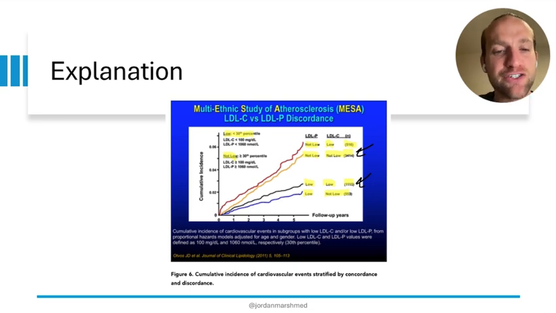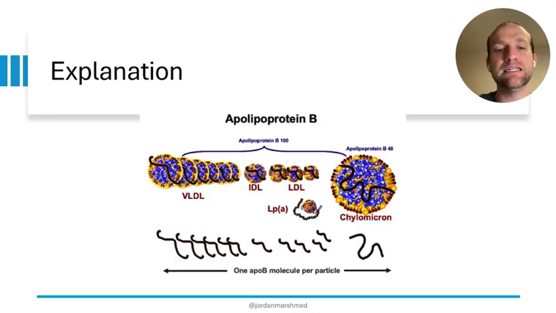So as you can see, there are some instances where LDL cholesterol is not going to give us a good idea of what's actually going on. Why is that? It's because of this dang protein, ApoB. ApoB is on the surface of all of these different particles. Like I talked about in the last one, they're on VLDLs, IDLs, LDLs, chylomicrons, and Lp(a)s. And it's this ApoB particle that is the issue. It's not necessarily the cholesterol within LDL that's the issue.